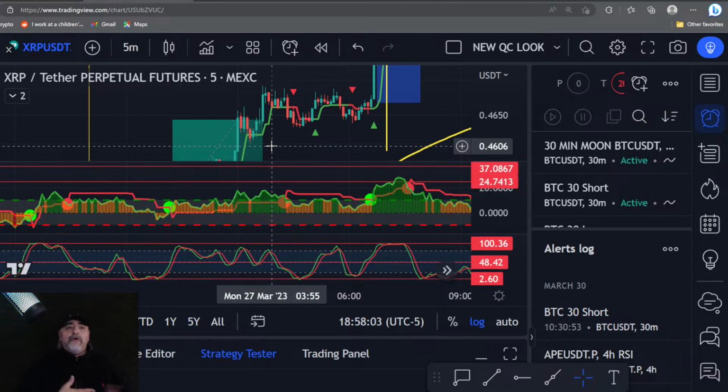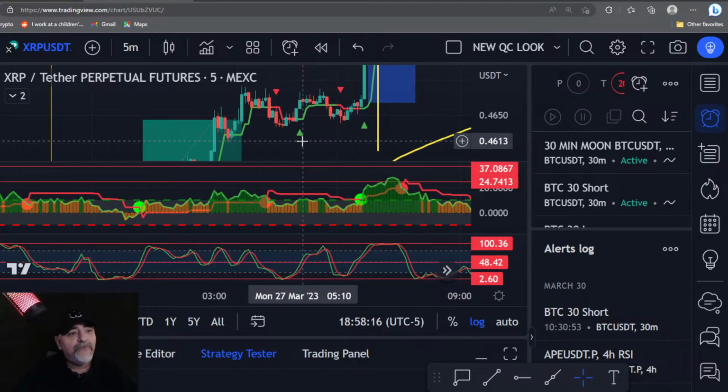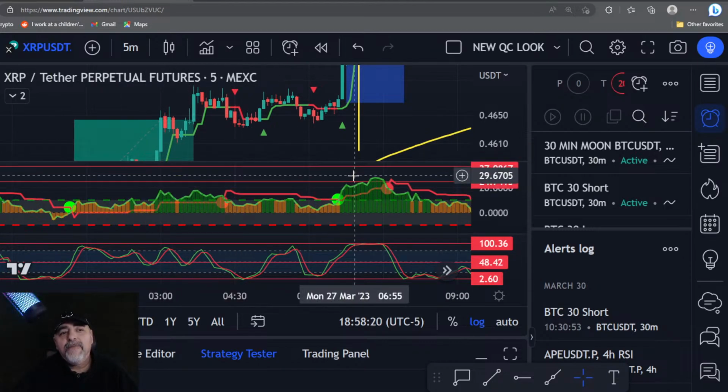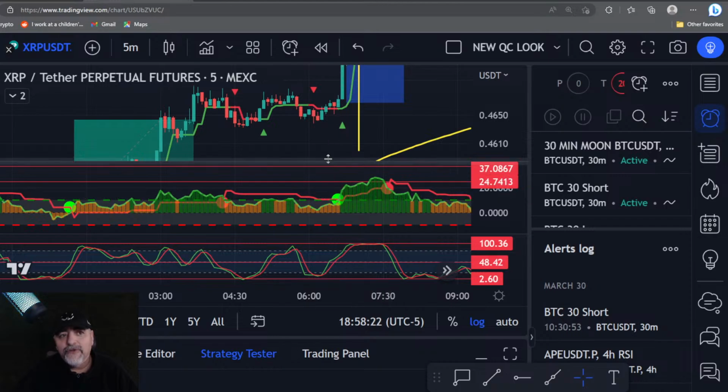So what's the rule? Normally the rule is a 4 hour green moon brings you 2 trades. A 2 hour green moon brings you 1 trade, right? A 1 hour green moon brings you 1 trade. So in this 4 hour moon, we're going to get 2 trades. Where's the next trade, VC? Very simple. Your alert. When the red moon crosses back over and becomes green again, you get a text message,